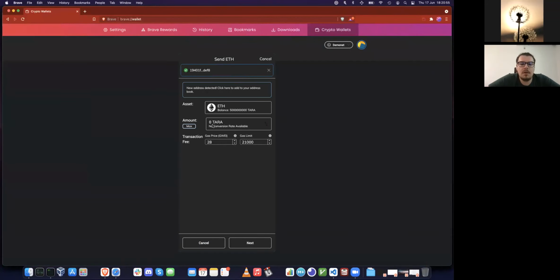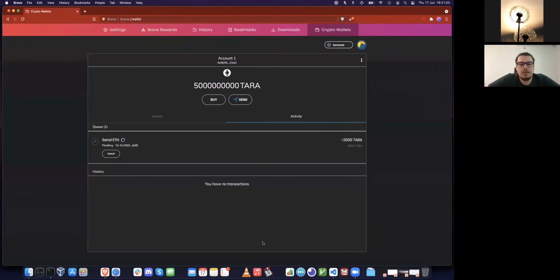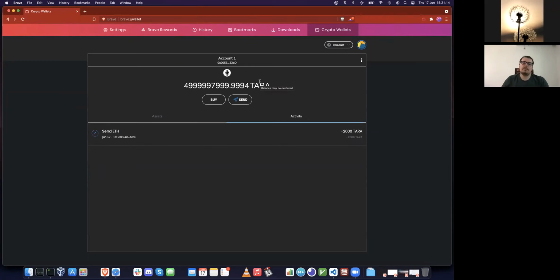Let's copy this address. And let's say we want to give the boot node 2000 Tara tokens. So let's click next, confirm. The reason why this is working is because we're fully compatible with Ethereum. That doesn't mean Taraxa is built on Ethereum. We just implement the same RPC calls and we can use the same tools that are used on Ethereum, like Metamask and others. As you can see, the transaction was actually mined, meaning it was added to a block and